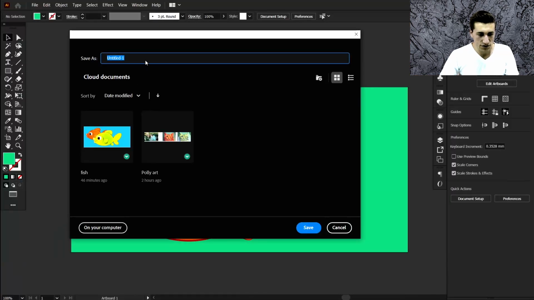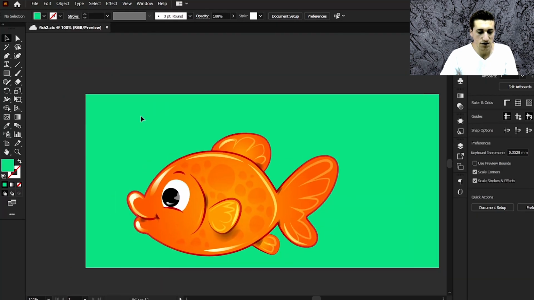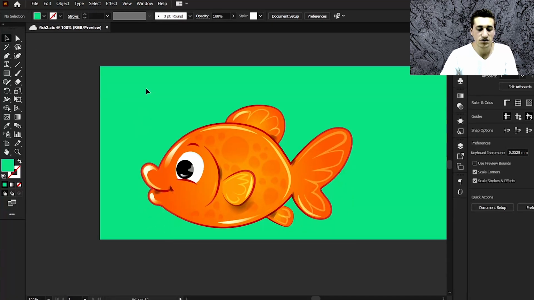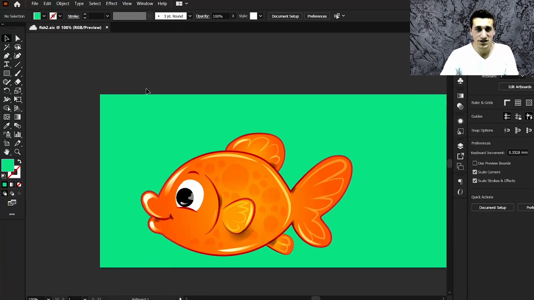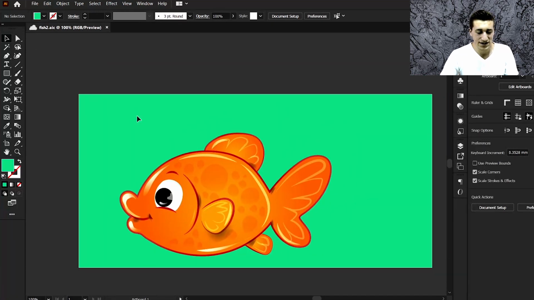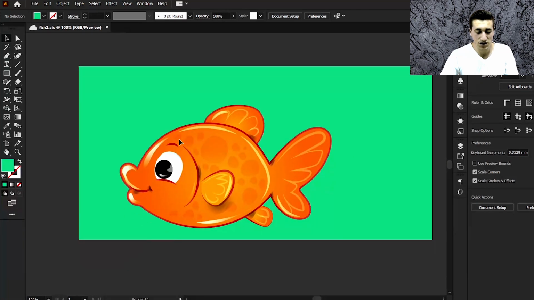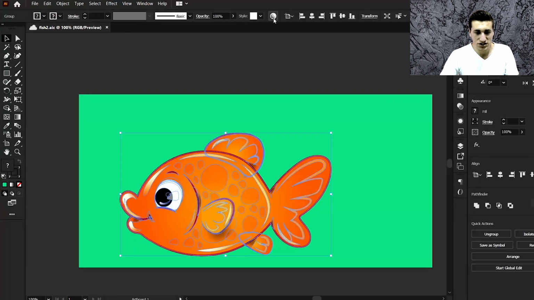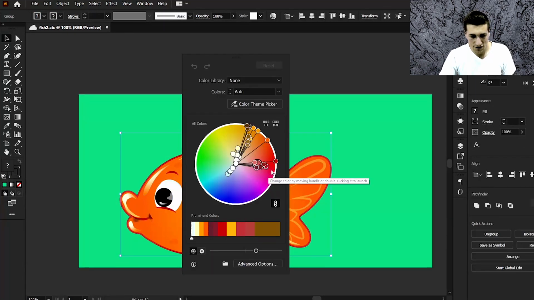Then you'll be able to give it a name. Once you save it to a cloud document, we are able to see the small icon there of a cloud. That means it's saved to your cloud, and then it will save automatically every few minutes. You can set it how you want. The cool thing is you can see exactly all the different versions that you saved. So say you make a change, let's say to recolor this artwork,